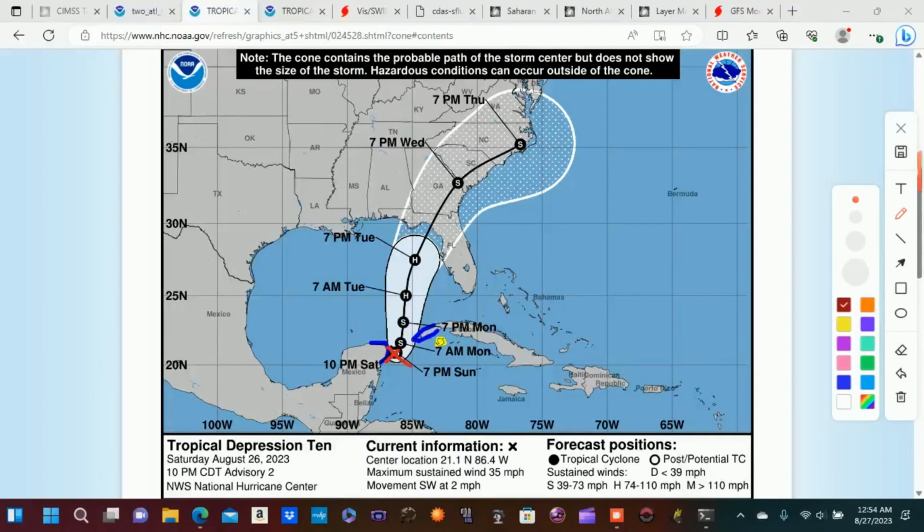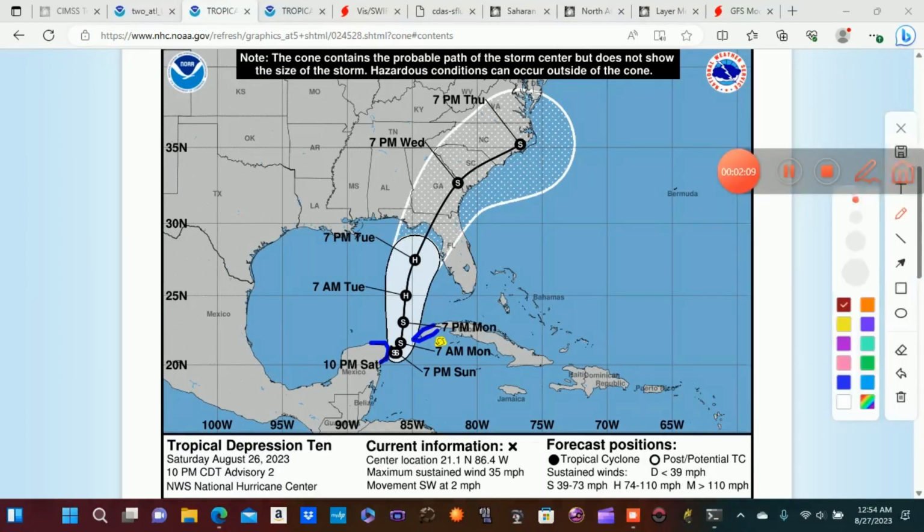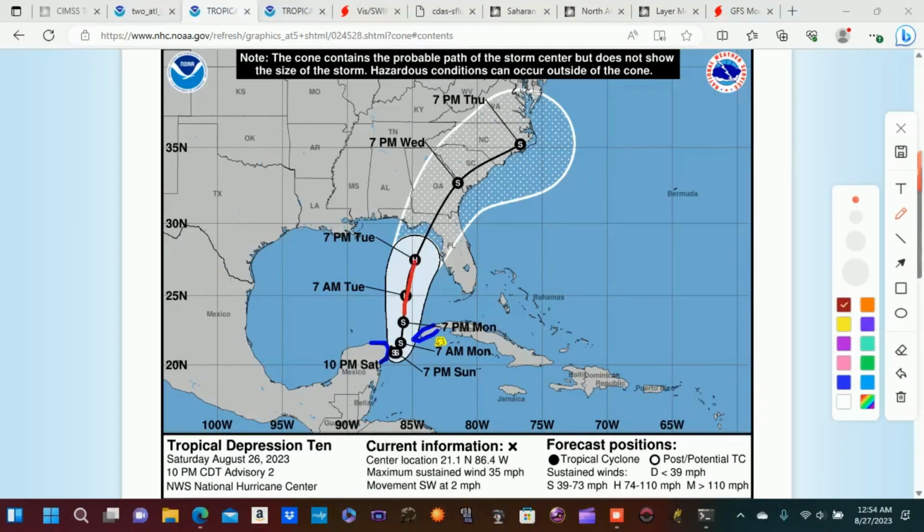And so the maximum sustained winds right now are only 35 miles per hour, and it is sort of meandering to the southwest at around 2 miles per hour. So it's pretty much stationary at the moment. And so currently the National Hurricane Center is forecasting this to become a tropical storm sometime tomorrow, and then it slowly pushes into the Gulf of Mexico on Monday, and then it moves up into the Gulf of Mexico Tuesday,